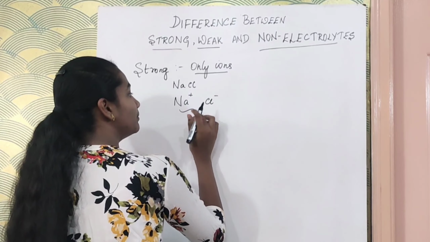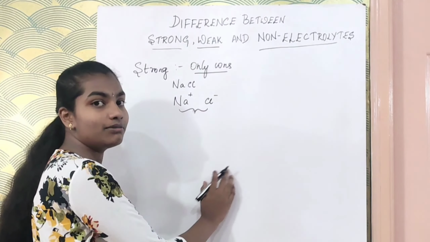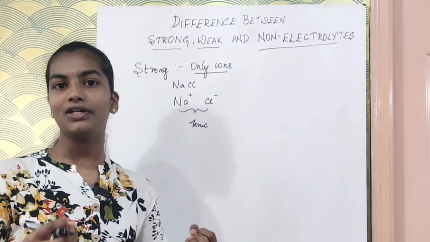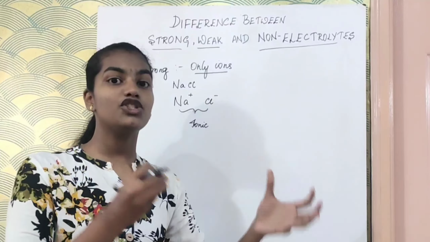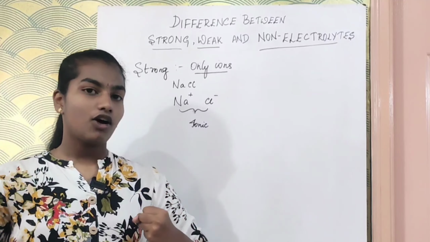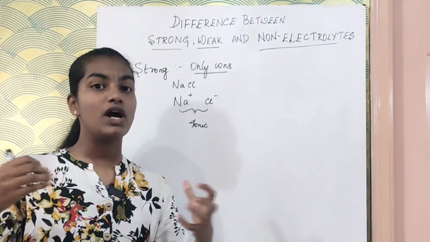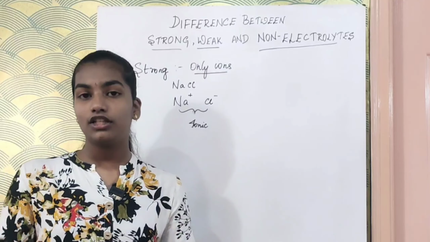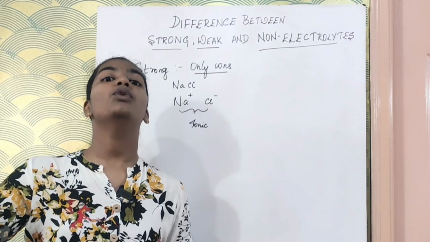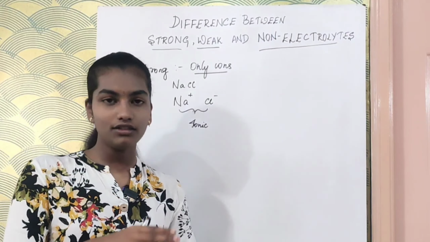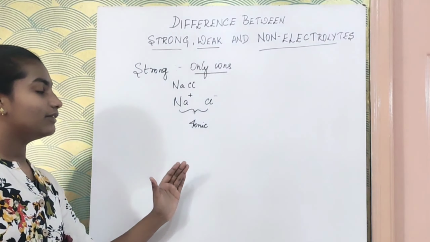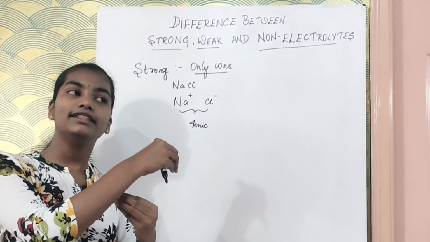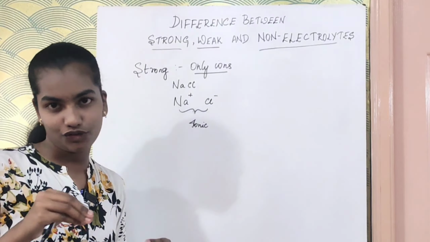The bond formed between sodium and chlorine will be an ionic bond. Ionic bond means the bond is formed between ions, which means there is a charge. When there are opposite charges between two atoms, the electrostatic force between the two will be very strong, so it needs more energy to break the atoms. Because there is a high number of ions too, they can easily pass electricity.